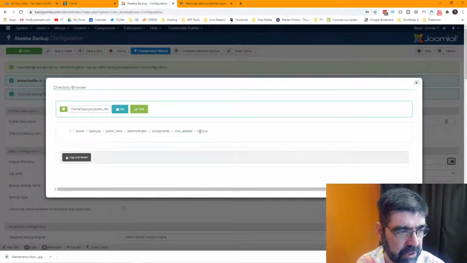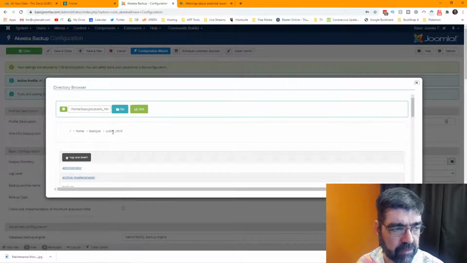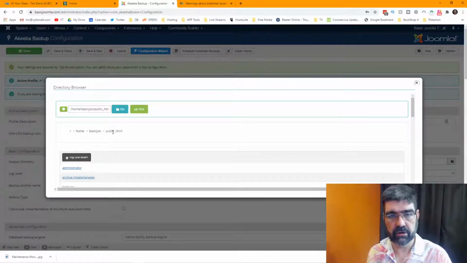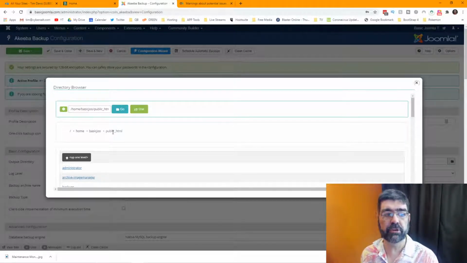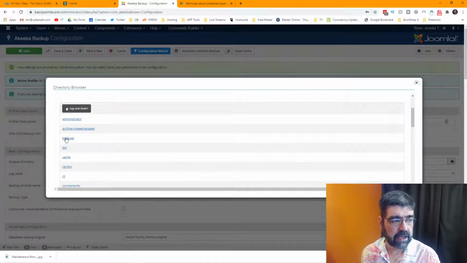And this is not the easiest way to get to it anyway. So you could put it in public HTML. So let's click on public HTML. Now, before going live, I went into my web hosting account and I created a folder called Backups in my public HTML folder. And I'm going to,